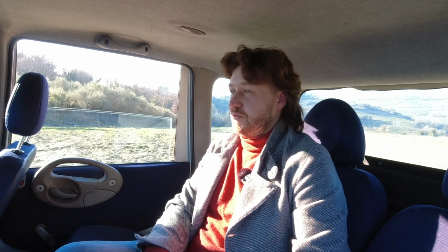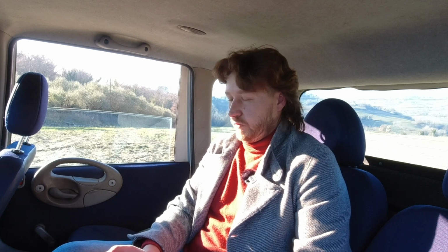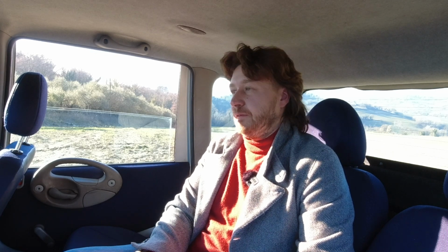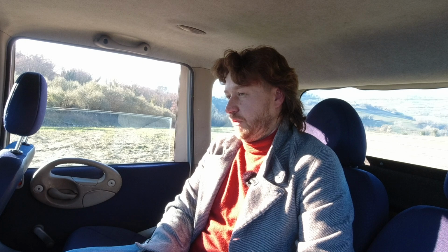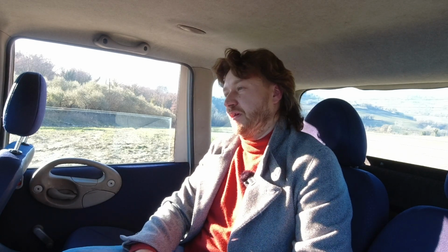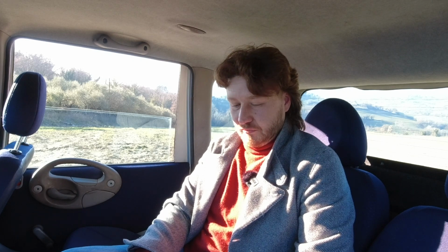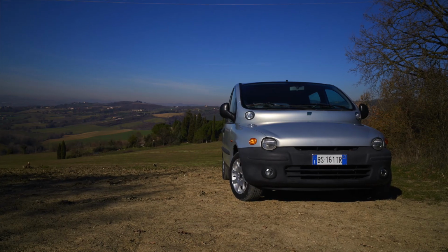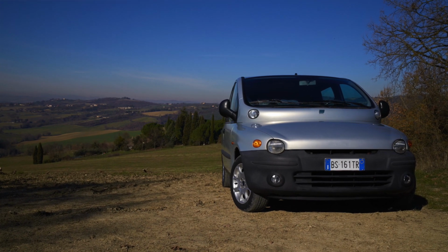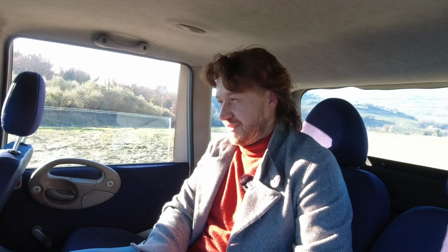and test it to make sure it works according to the specs. And if it does, then we should put it in the engine, plug it in, and see the difference. So test drives, I'm sure many of you would be interested to see the test